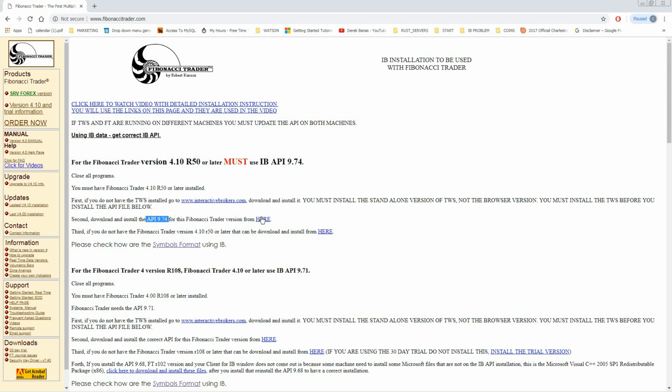The API 974, you can just click, download and install it. You must also have installed the TWS from the Interactive Brokers website before. Install your API and install the Fibonacci Trader. When you have the TWS running, you can then set it up with the parameters that need to work with the Fibonacci Trader. Then, after you have all the API installed, you can go back to the TWS